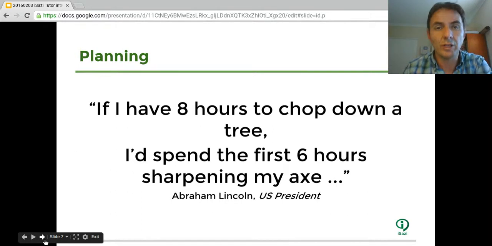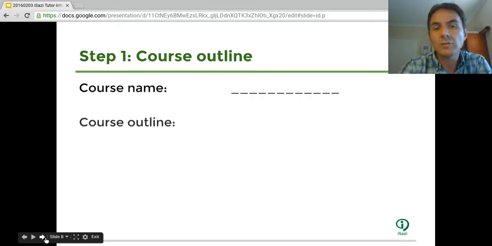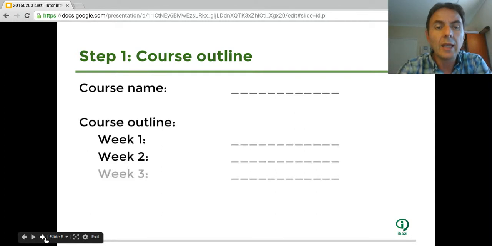Now, the very important thing before we start even thinking about how the platform works is this concept around planning. If you don't plan well, you don't execute well. I think we all know that. And the first step really is designing a course outline. So the course name really is Mensuration Mathematics as an example, grade 10. And the outline is then, what do you want the students to learn or to understand or to be able to grasp in the 4 or 5 weeks that you're going to do this course? You can choose between 4 or 5 weeks, depending on your circumstances.